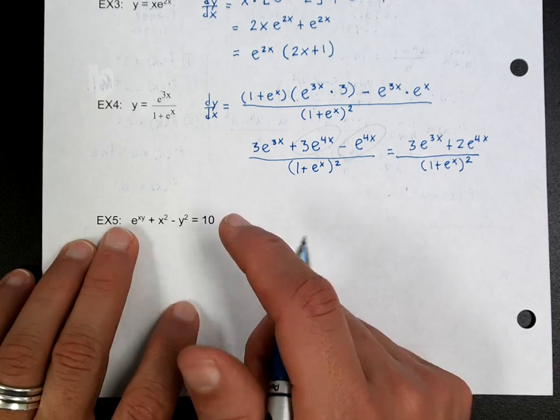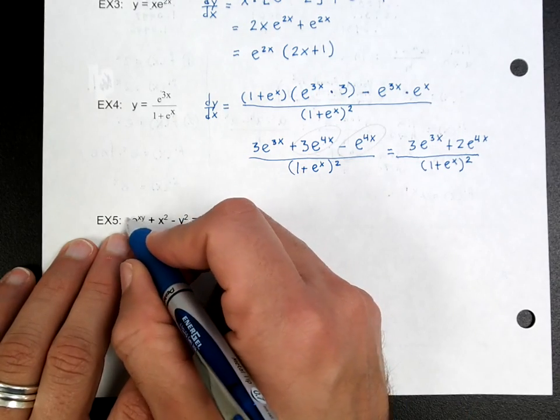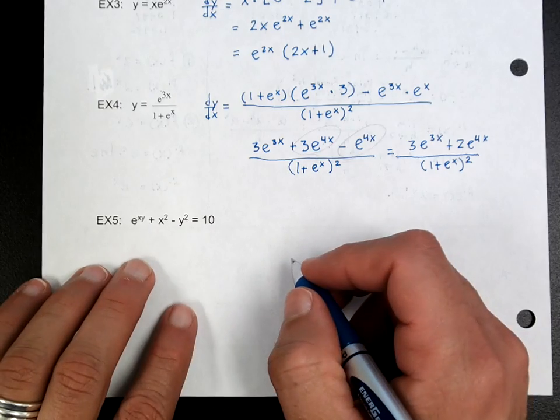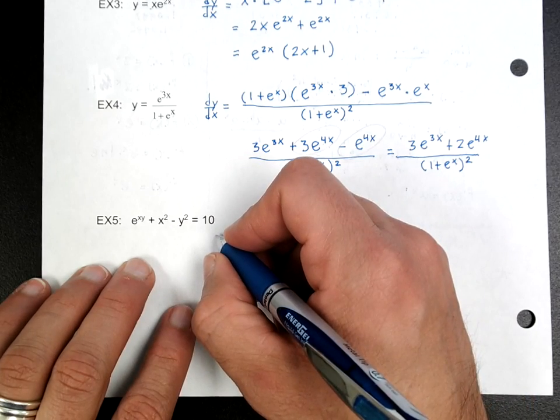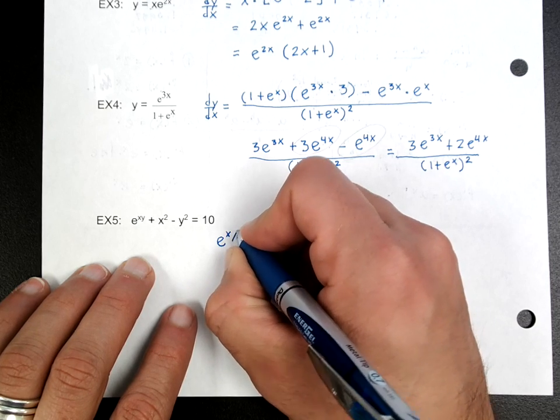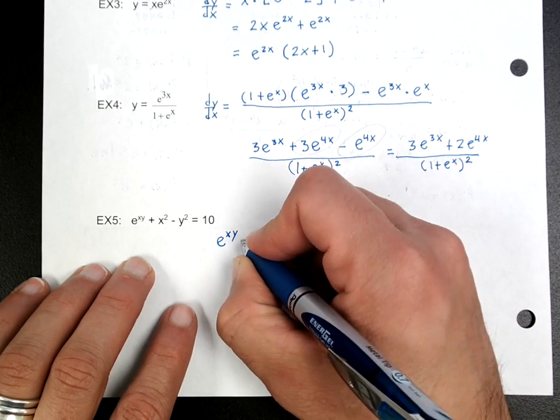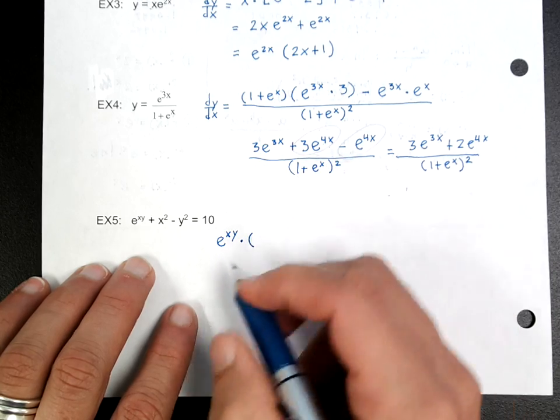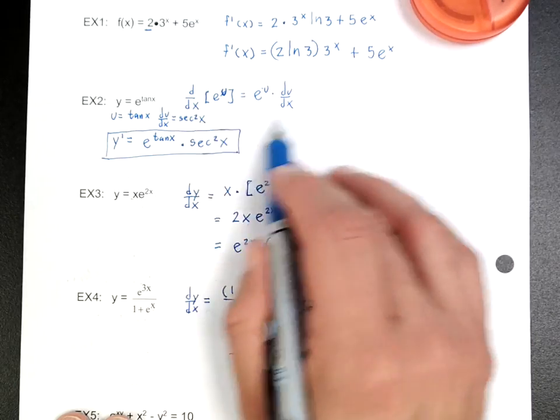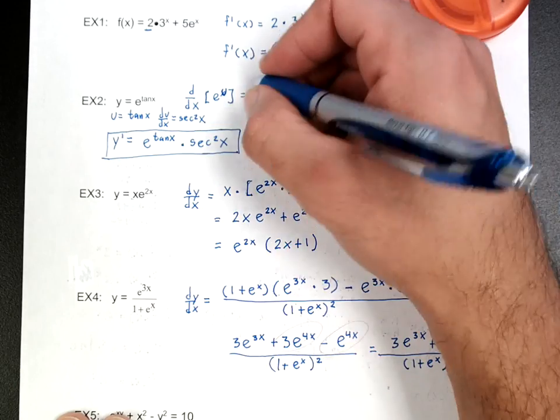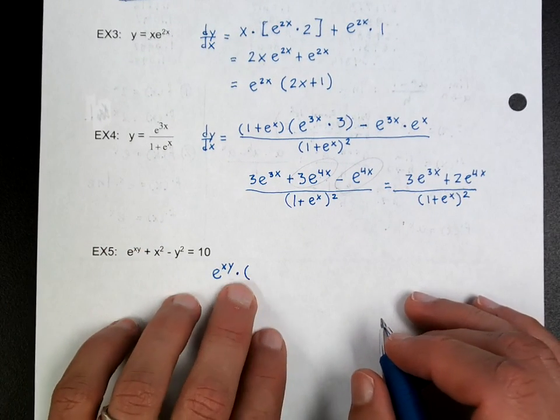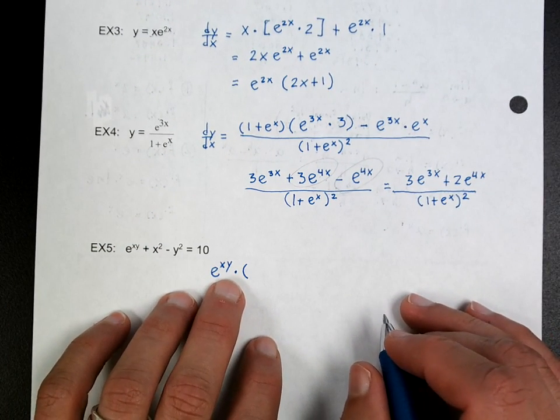So the first thing I have to do is take the derivative of this. I'm just concentrating on the derivative of e to the power of xy. So the derivative of that would be e to the power of xy times, remember, from the formula that I just finished doing, e to the u du dx. So the derivative of x times y,